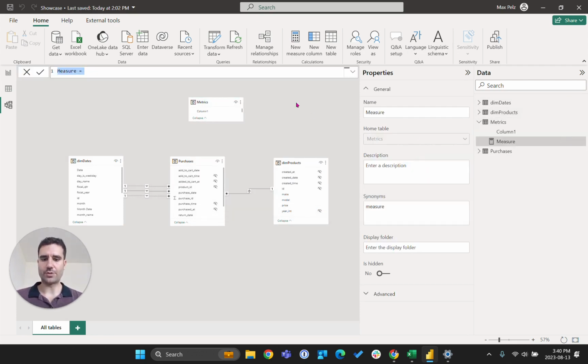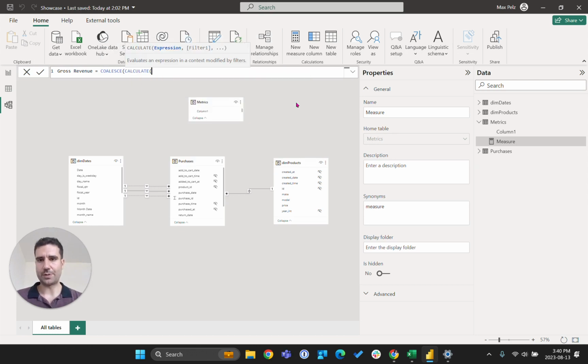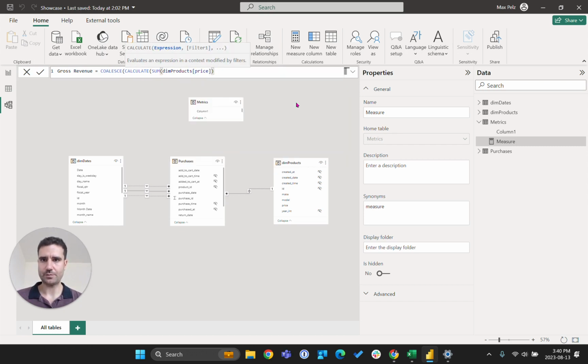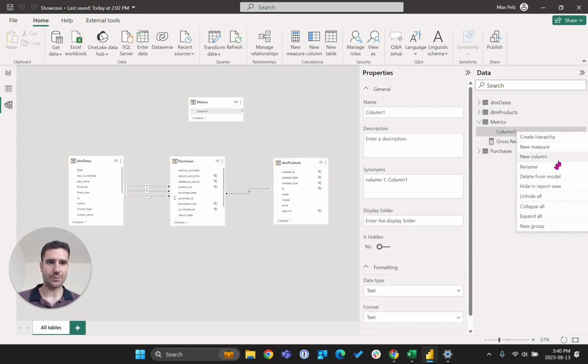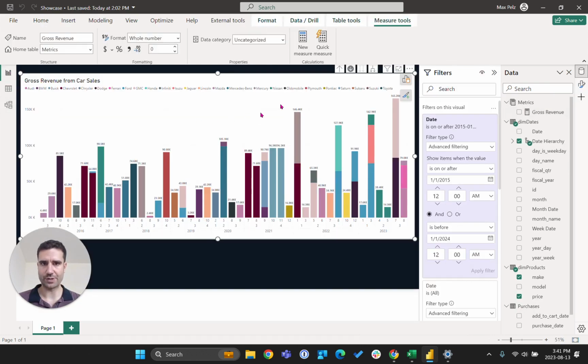We are interested in gross revenue, and basically we want to use a COALESCE. However, also CALCULATE, as there's probably some filter context. So let's use the CALCULATE, and then we just sum the price. And we coalesce this with 0, and this will make sure that even if there wasn't any sale in a particular month, it still will show up. So we save this. And now we can just remove this initial placeholder column, and then you'll see that Power BI, of course, recognizes our metrics table as such. And now if we go back to our visualization,